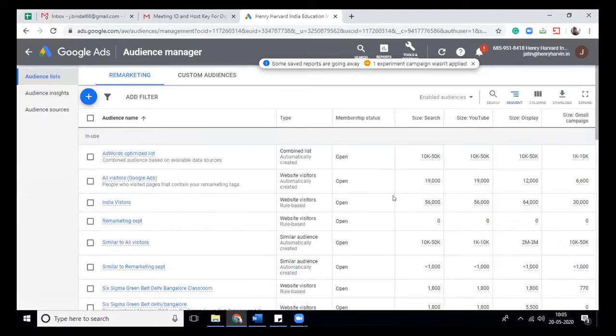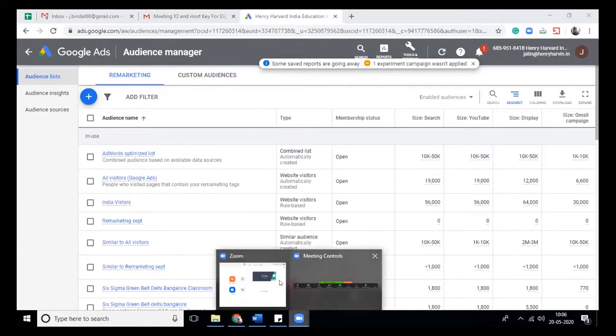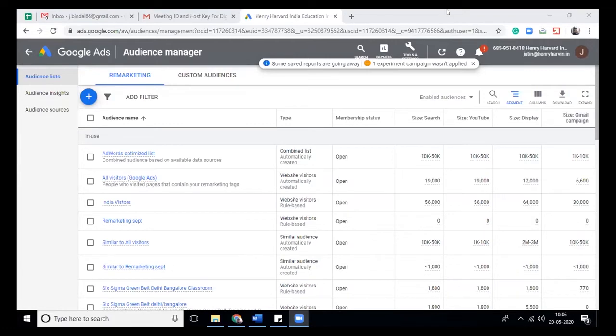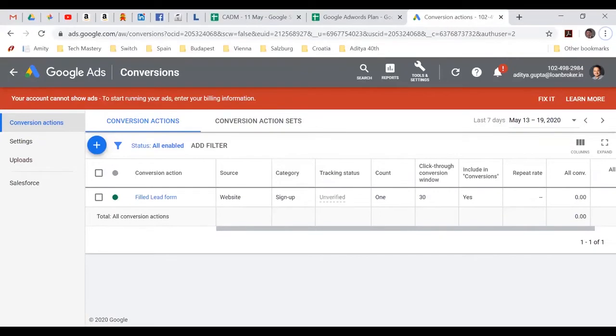Aditya, go ahead. You can share your screen, I believe. I have allowed multiple people to share the screen at a time. Yeah, so you can all see it. Sorry? I'm saying, is it shared? You can see it. Give me a second. I believe others can see it. I can't see it, so let me stop sharing. Now I can see it. Yeah, go ahead.